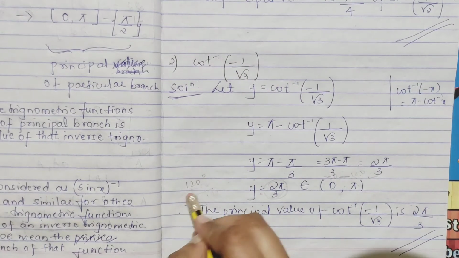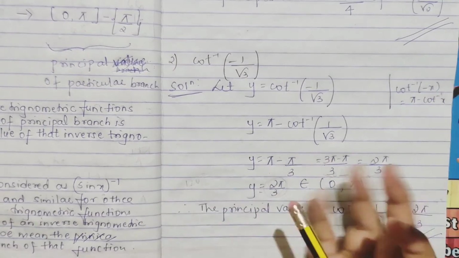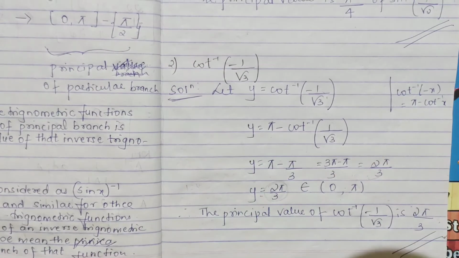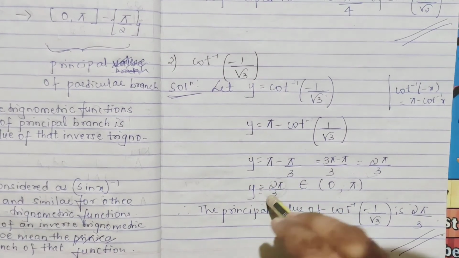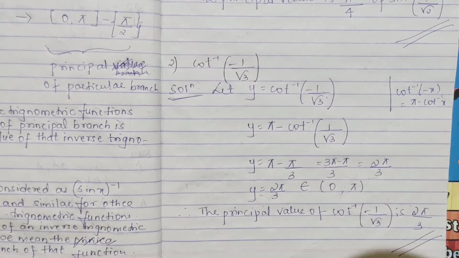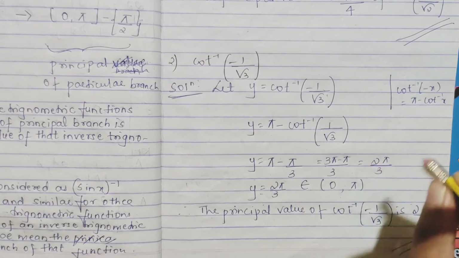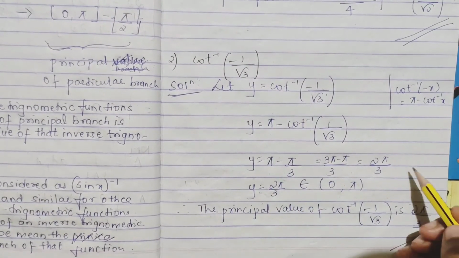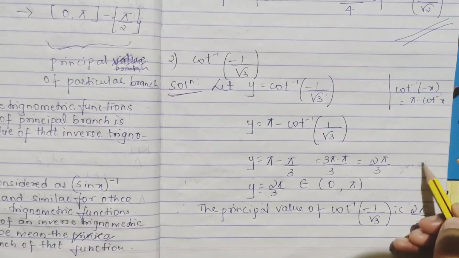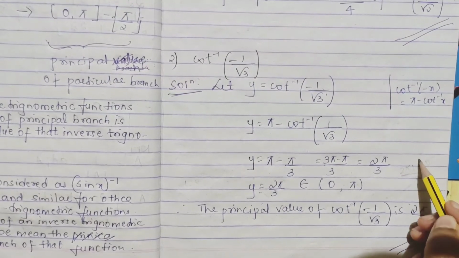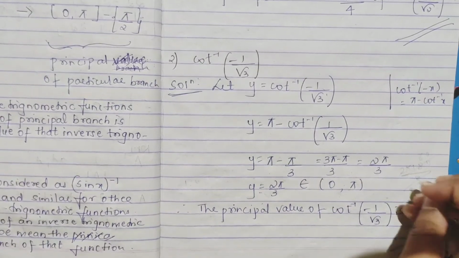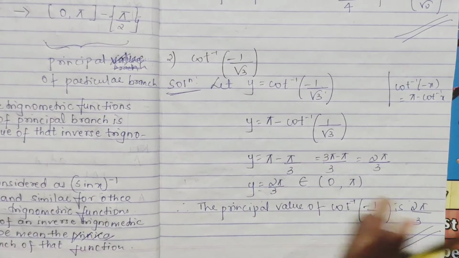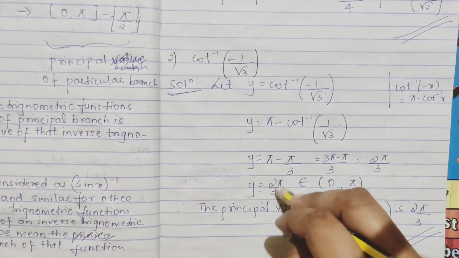If you don't understand, just convert it on the side. If you don't know how to convert, just remember pi is 180 degree. That you remember, then you can do everything, division and all. You can substitute 180 in place of pi. 2 into 180 divided by 3 you can do. 3 sixes, then multiply. But please remember the table, and these all are basic. I shouldn't teach you, still I am giving you.